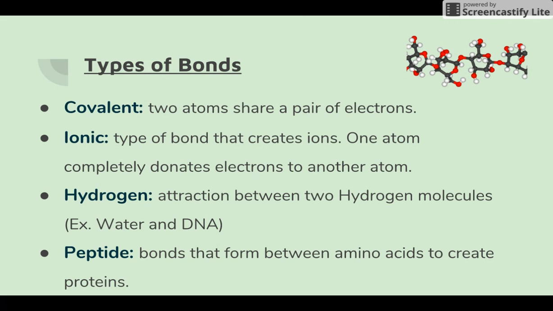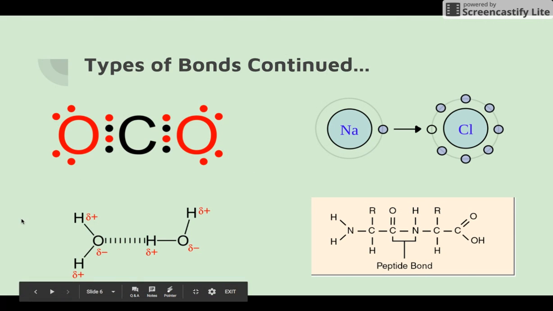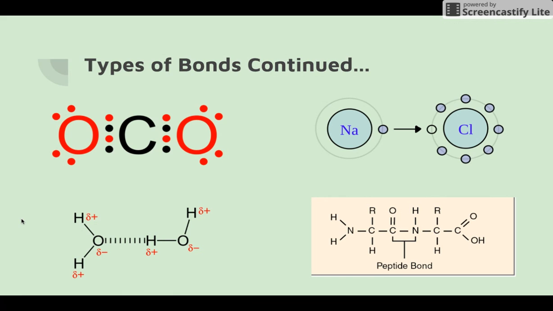That's kind of like the basis of life, pretty much. So it's going to be the attraction between two hydrogen molecules, and this is most prevalently seen in water and in DNA. Water has a property called cohesion, where it is very much attracted to itself. And so the hydrogens within water are attracted to one another, and that is the property of hydrogen bonding. So you can see that here in this picture, those little lines that are vertically placed, that's what holds